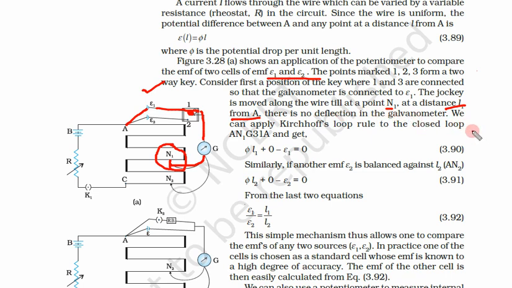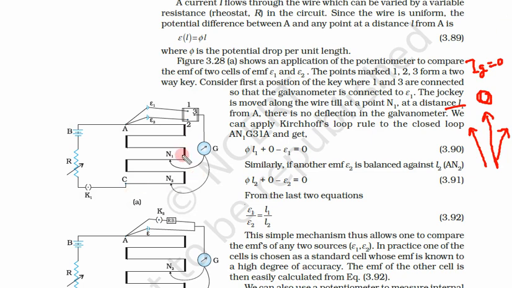Initially the galvanometer deflection can be negative or positive. So you move this jockey on the wire till there is a point where the deflection on the galvanometer is 0. The galvanometer does not show any deflection, so there is no current flowing in it. Ig is equal to 0. Similar to the meter bridge, you move the jockey at different points, and at last you will find a point where there is no deflection, that means no current is flowing in this galvanometer.